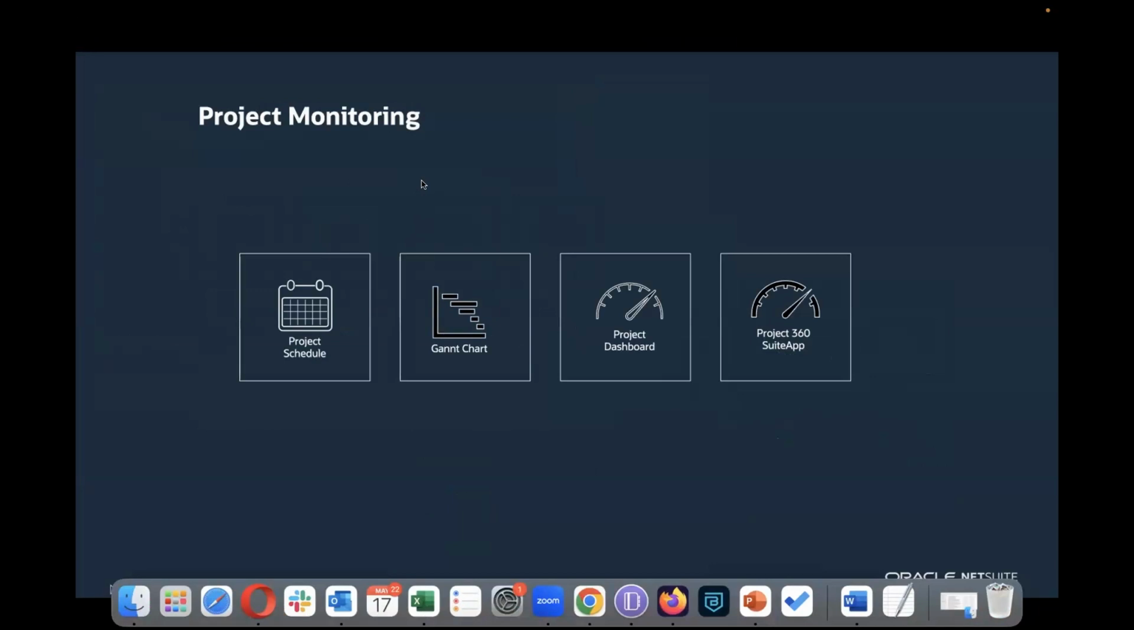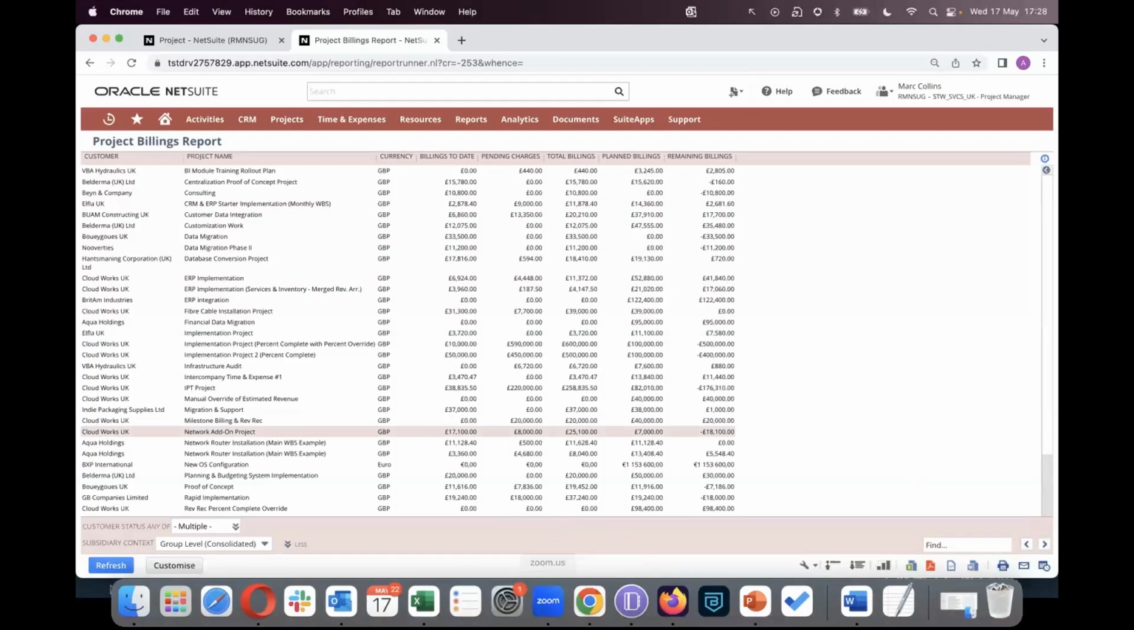Got to admit, the Project 360 SuiteApp is my favorite out of all. I see that as a one-stop shop for all project-related information, but Gerry is going to cover that as part of the SuiteApp section. So let's just have a look at project schedule, Gantt chart, and the project dashboard. Going back to my NetSuite account,